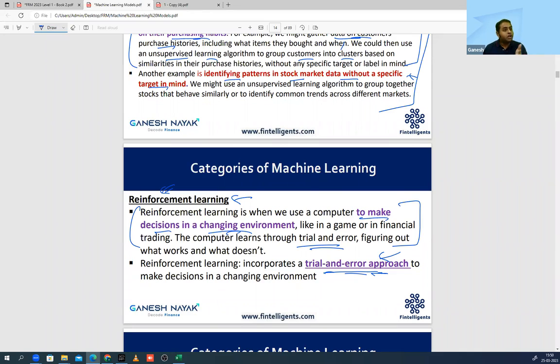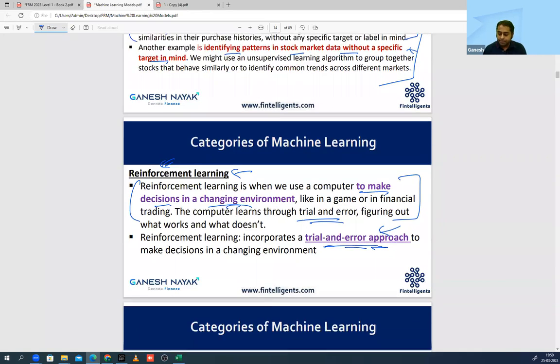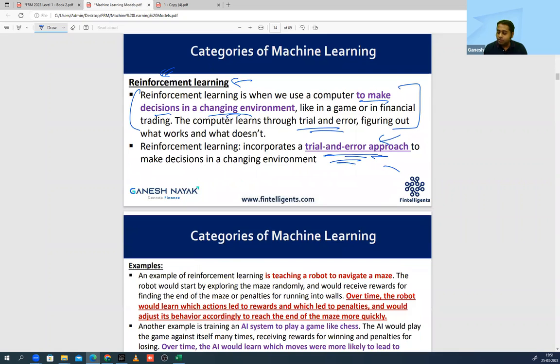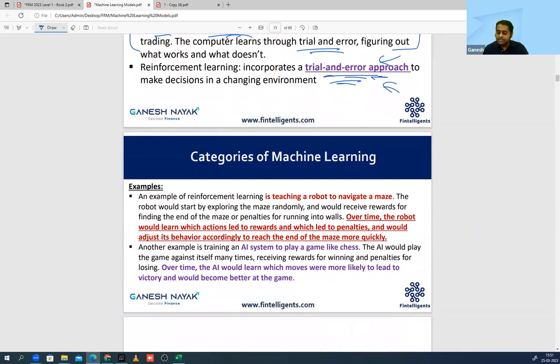So that is also now a next thing that is going to come. Okay. So everything is going to be on the trial and error perspective. Look at this example. Suppose you are teaching a bot to navigate a maze. He will start the process, he will start exploring, he will hit the wall. If he finds a dead end, that is a penalty. If he hits a dead end, or if it's a wall, it's a penalty. If he reaches toward the end, that is actually a reward.